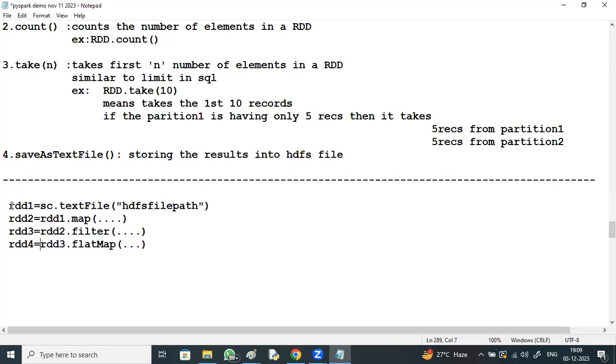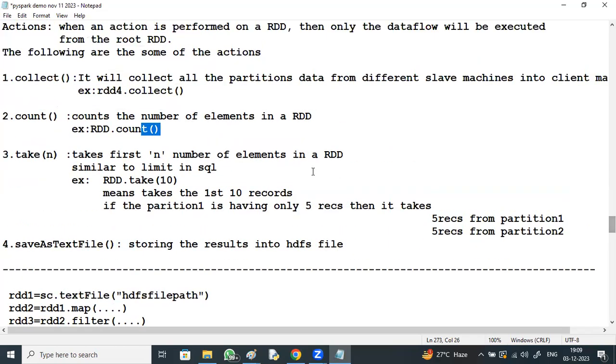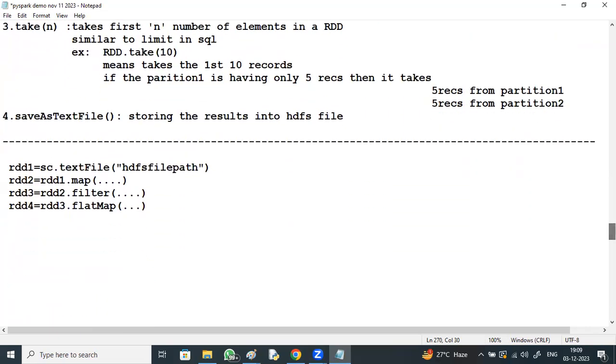If you want RDD1.count, it shows how many records are there. It gives the count. RDD1.collect will collect all the records and display them, the total records.